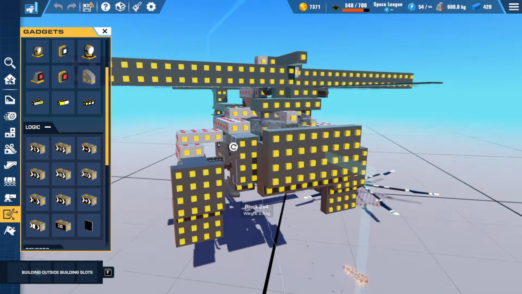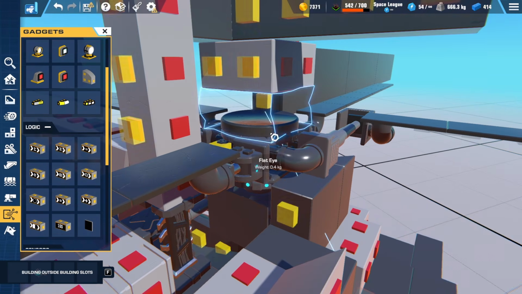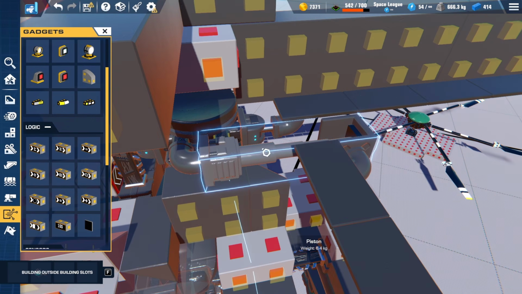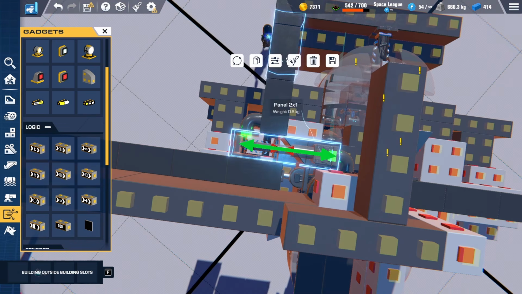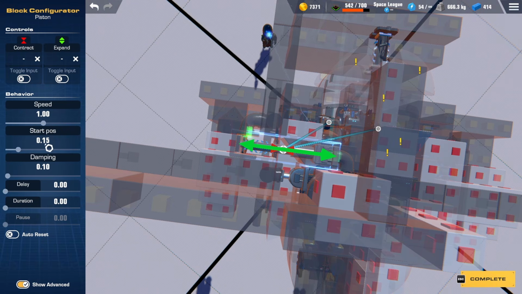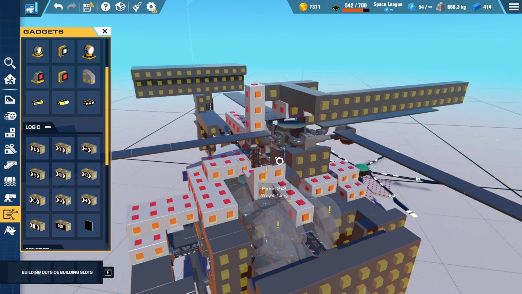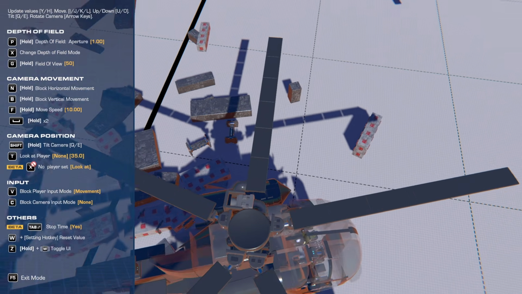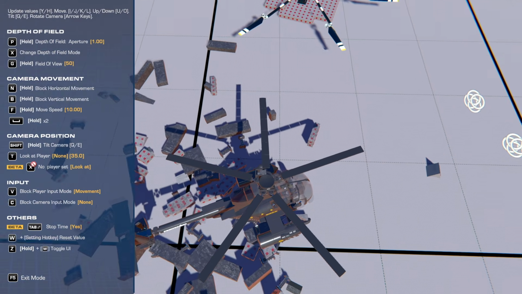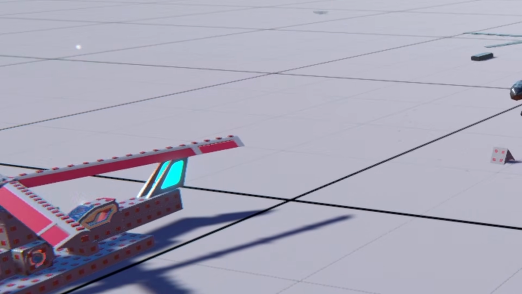Actually, if you want to see how I did this, let me show you real quick. So yeah, here's the rotor and here's the piston. As you can see, it's offset, and what I did is that I just set the start position to 0.15. You don't have to change any of this, it doesn't really matter. And whenever I spawn in, it just centers itself so it doesn't look weird. So yeah, that's pretty much all you have to know to make